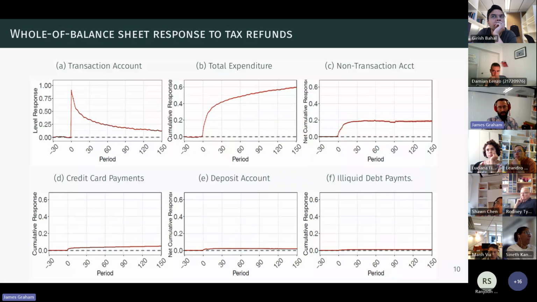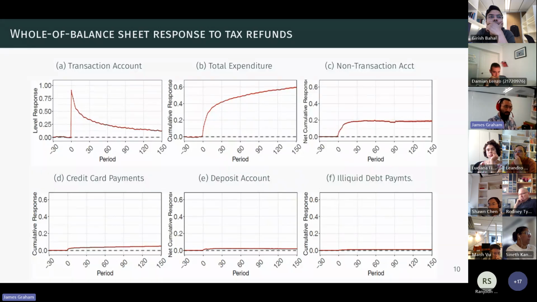In that total expenditure category, again, no advanced spending, lots of spending in the first 30 days, and then very little spending in the months and days that follow. So there's this significant front loading of spending with respect to the date of receipt. Okay, panel C is movements into your non-transaction account. So think of this as not your checking account, but maybe more like your savings account. Panel D is